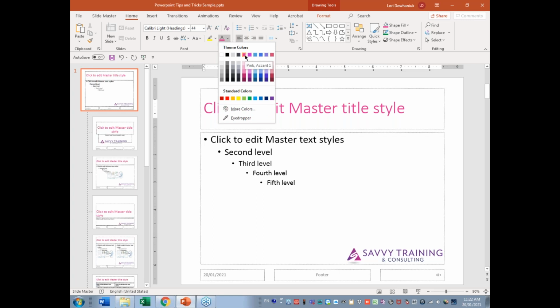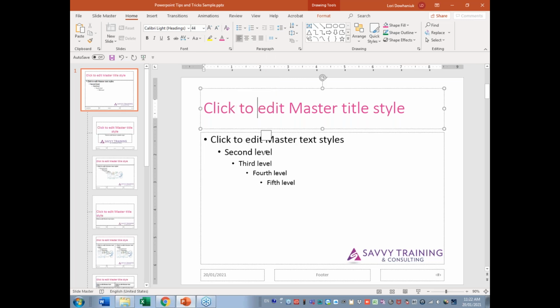So I had just chosen this color, but now I want to make sure I have the exact color that's in the logo. So I'm going to go down and click on the eyedropper. And I'm going to take my mouse, and you can see my mouse is a little eyedropper icon, and I'm going to point to the color actually on the letters here. And you can see as soon as I get the tip of the eyedropper in the right spot, it pops up and it tells me the exact color that was used for the lettering. So when I click on it now, I've actually picked up the color,